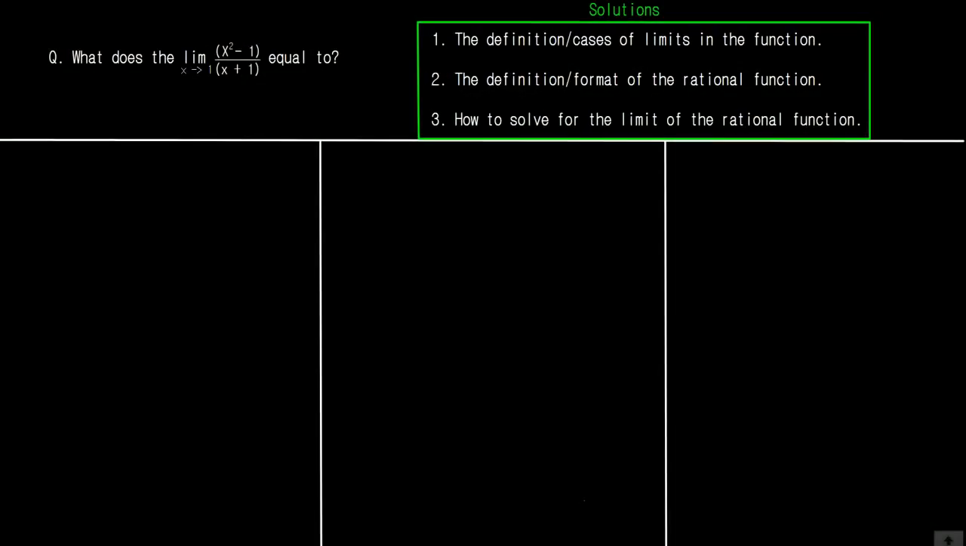The question is, what does the limit when x approaches 1 of (x squared minus 1) over (x plus 1) equal to? And as we can see from the values of our x, this question is basically about function problems. And the reason why we could see that this is a function problem is because we know